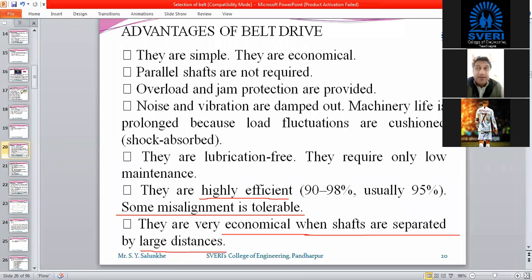But where we have a very short distance, like in power transmission in an automobile, or where a very high speed ratio is required, as in earthmoving equipment like a dozer or, to some extent, a JCB, in such cases we cannot recommend this belt drive, where the power generated by the engine is very high and is transmitted as it is, but the speed ratio is very high. In such applications we